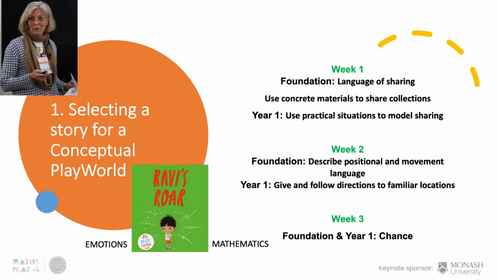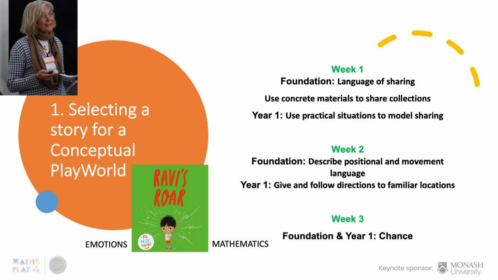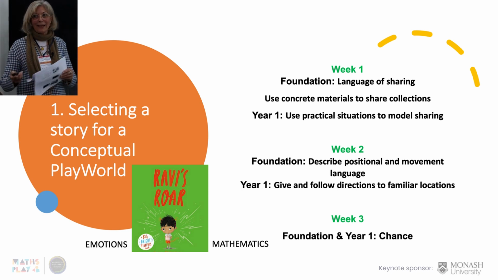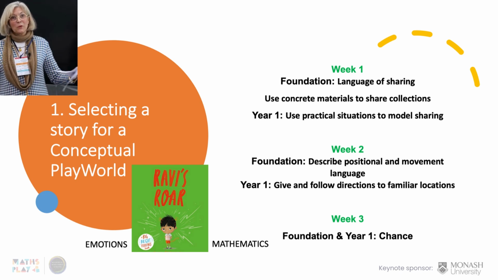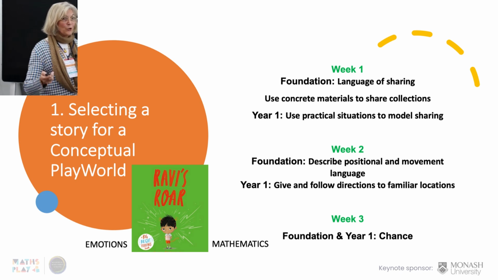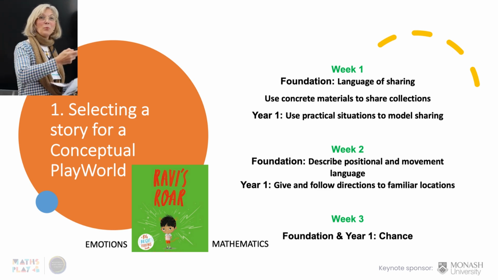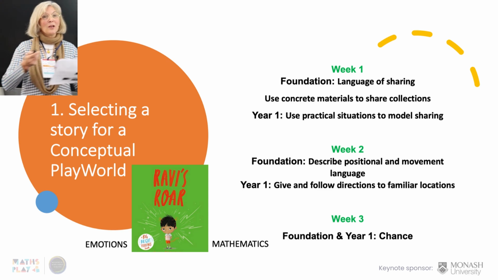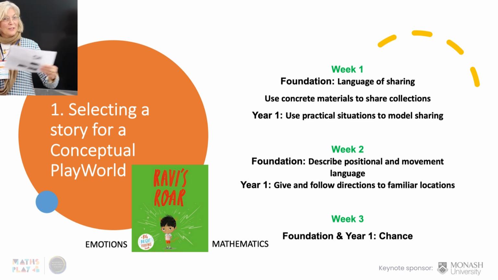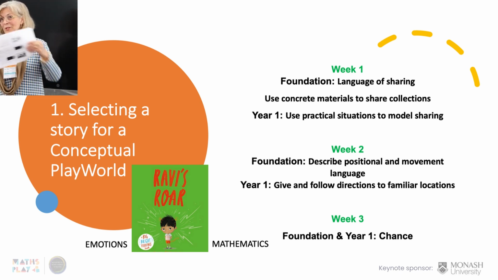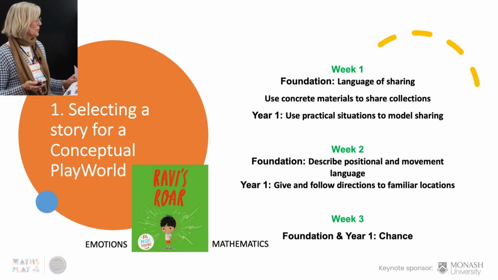So you can see it went for 3 weeks and it was able to be built over time. So it's not necessarily always a book and a concept. It can be a book that goes on for a week, a term, or even, Marissa and I were talking, maybe even a year, where one book might morph into another. So helping Ravi might enter the new children's book so that the learning from one book to the next can follow through to the next PlayWorld that's created with different books.